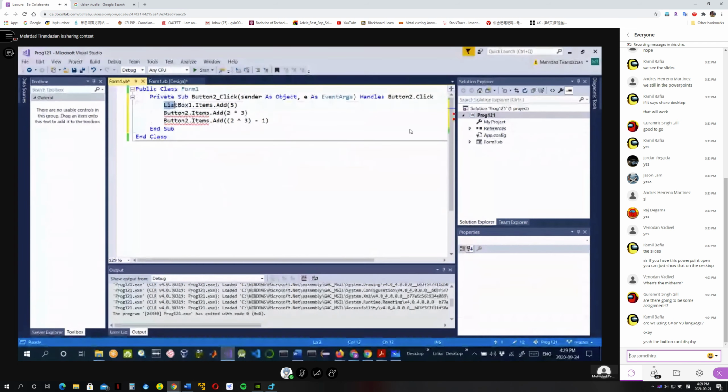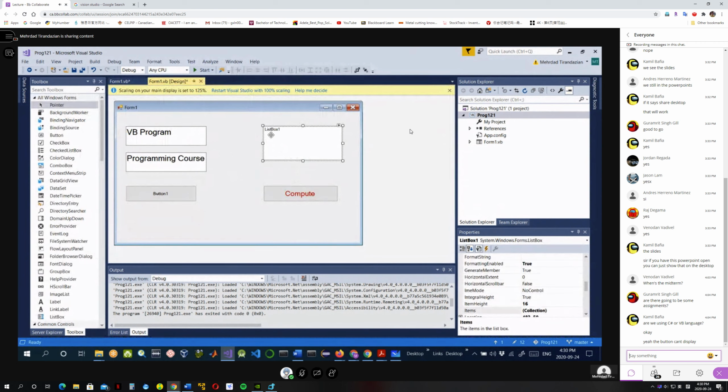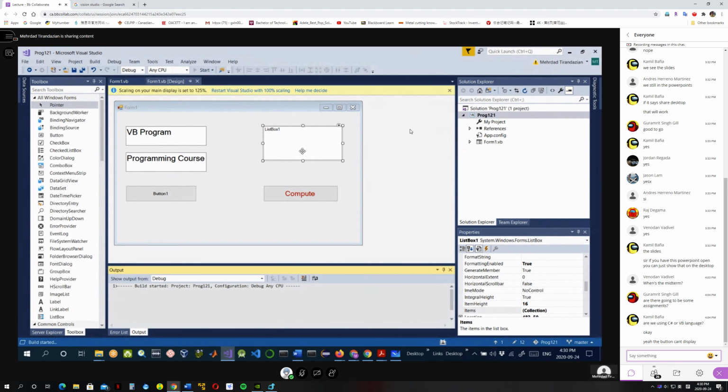Yeah, and this is list box 1. I'm just displaying all this in list box 1. I don't know why I wrote button. Anyway, everything is good because I'm displaying all this and adding into my list box 1. And this is the name of my list box 1, which I can see on the property. Right? All right. Now, when I execute, you see directly I get the values